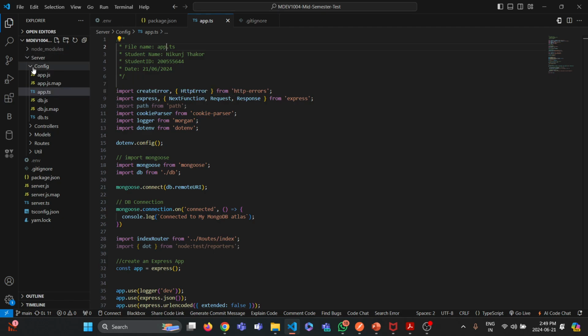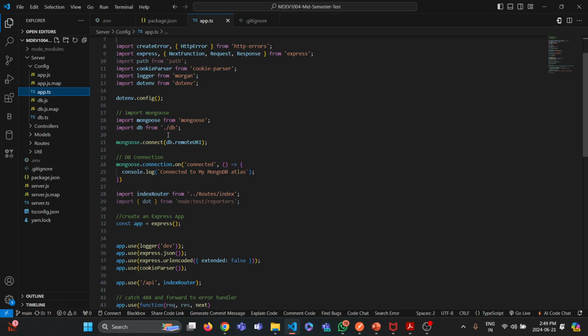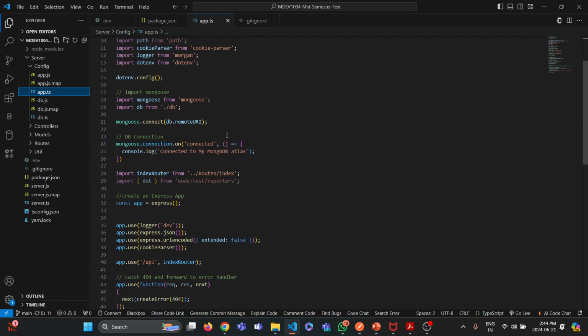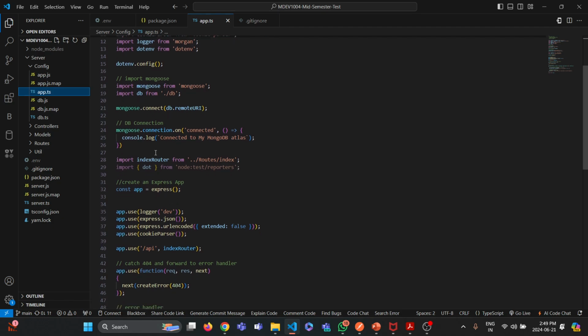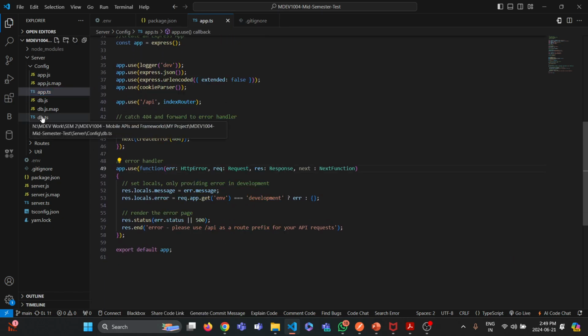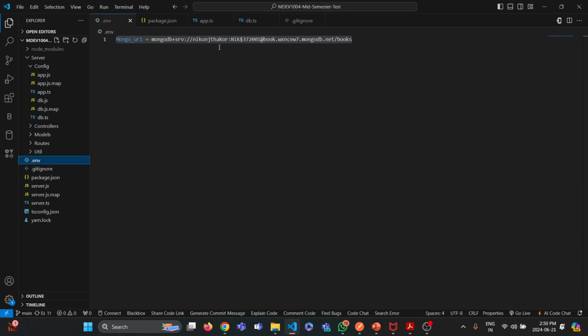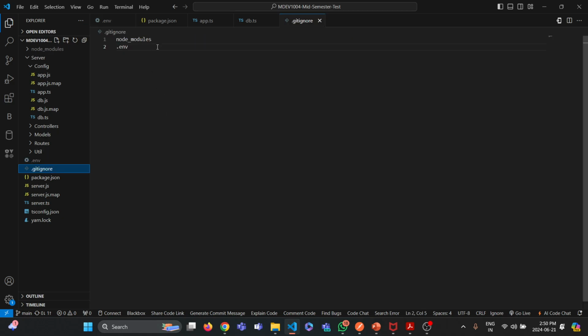So this is my config file, in which I have added app.ts, with the necessary imports, mongoose, and the database connection to retrieve the data from mongoose. And for the database I created a db.ts, in which it retrieves the string from the .env file. So this is my Mongo URI, which is going to retrieve the data from the database. This is the secure API, in which I use the .gitignore to ignore this file so it does not go into